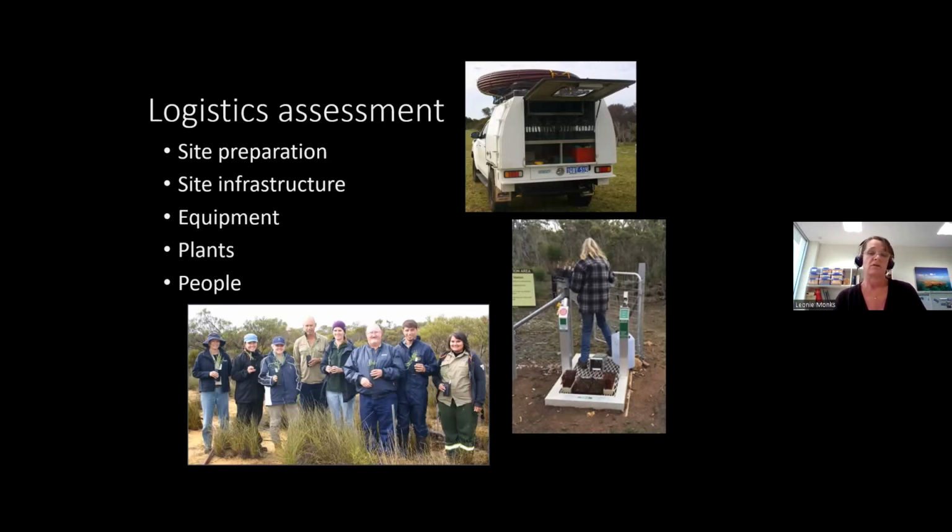So for example, if you have to get all the weed control done and things like that, that's all done ahead of schedule and well in time for the translocation to happen when you need it to happen. And getting all the people lined up ready to help you too. The photo I've got down the bottom there is where we did planting of Verticordia spicata. They're all holding all the plants we had ready for that site. So we had plenty of people for that translocation, and we got it done in record time. But we did actually have other sites to plant with this species, so we managed to keep everyone busy for several days.